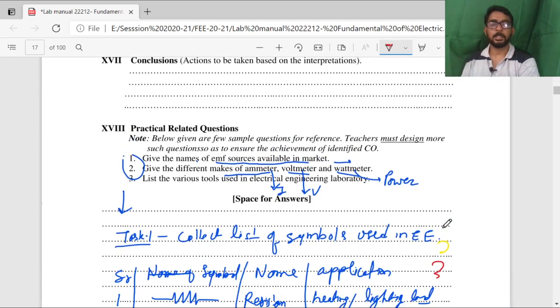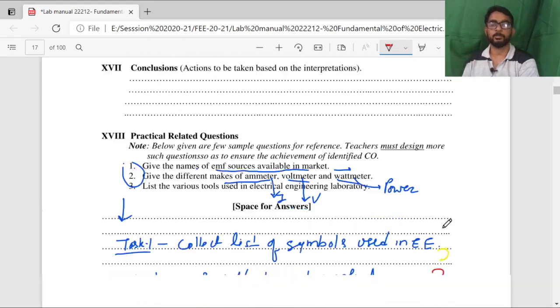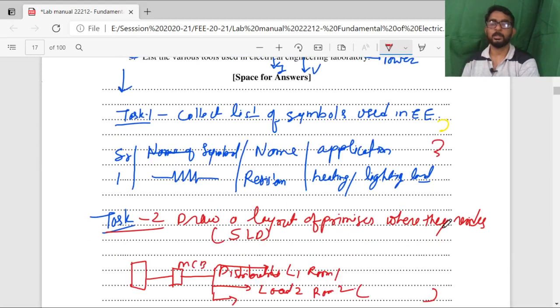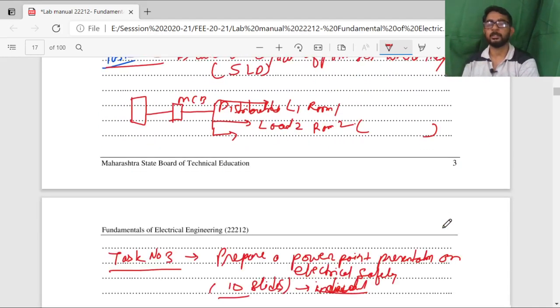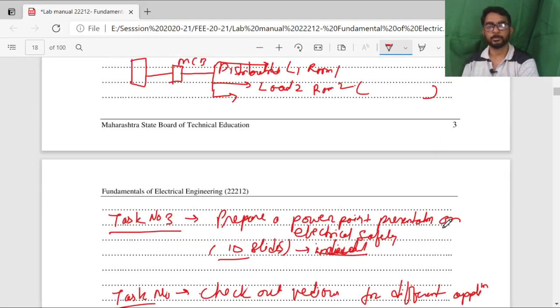So all students, I think, in this pandemic situation should take a print of this laboratory manual and do all the activities as suggested by the individual faculties, and accordingly they will complete all practicals at their home also.